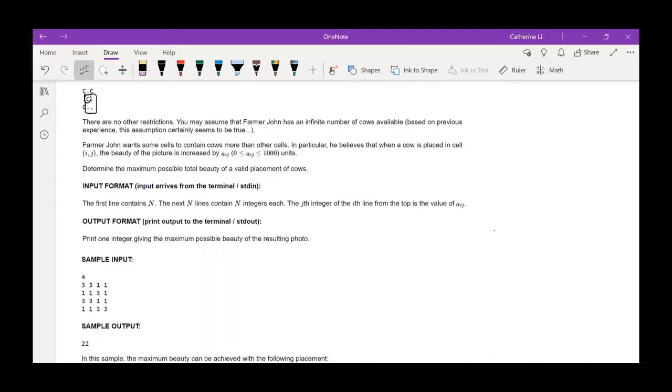After that, each cow in a position has a certain beauty. It says the total beauty. So each cow contributes some number to the total beauty of a picture, and we're trying to maximize the total beauty of all the cows that we use. So yeah,